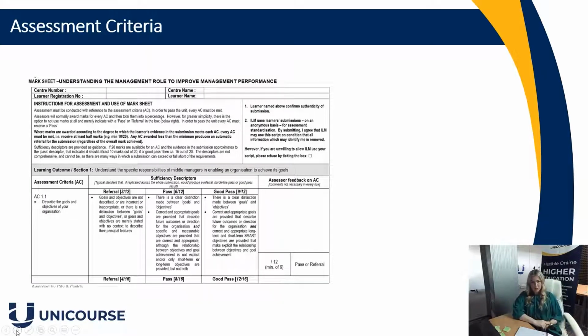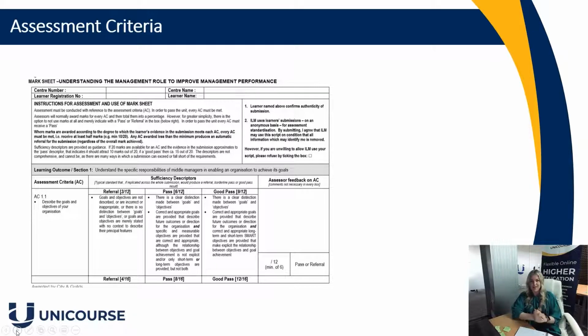Moving back to the assessment criteria. Now this is a snippet of the assignment brief. So once you've looked at the unit specification within the toggle of the unit that you're working on, unit 400 in this case, you will then be moving on to looking at your assignment brief and the information pack. Now some people choose to print this marking sheet out and write notes on it and tick off when they've completed certain sections. You can do that, but just make sure that when you've finished your assignment,